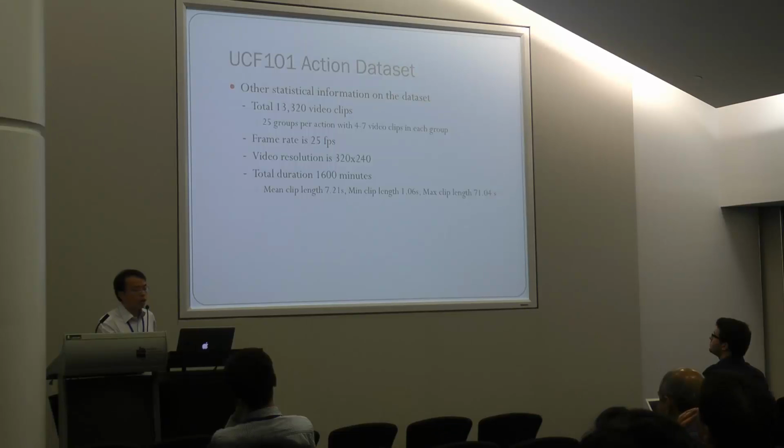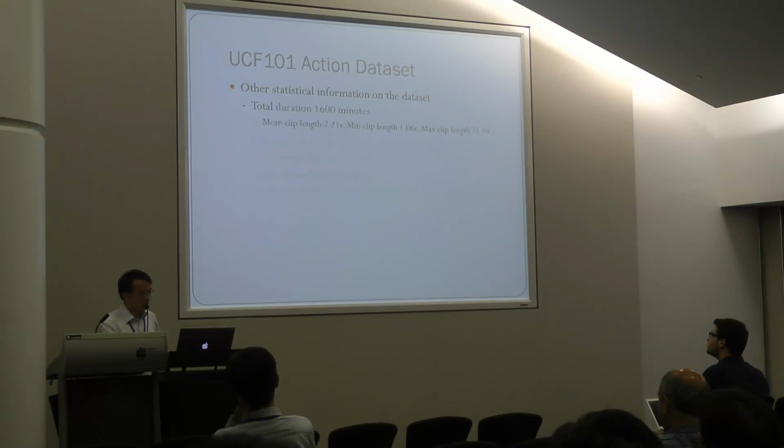All the videos have the same frame rate of 25 and a video resolution of 320 by 240. The total duration for the dataset is 1,600 minutes. The mean length of the videos is 7.2 seconds, the minimum is 1.6 seconds, and the maximum length is